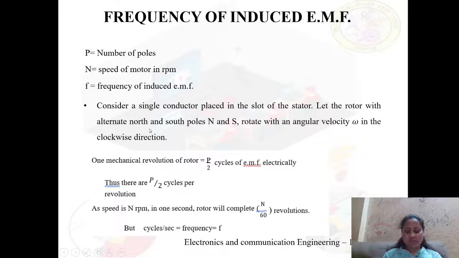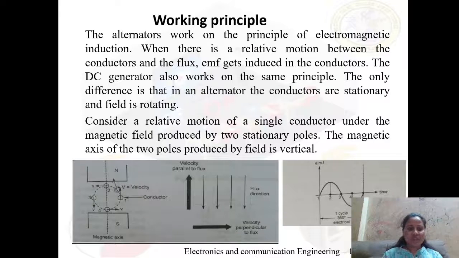Okay, now let us consider a conductor, let us assume the conductors are placed in the magnetic field, and let us see the different positions of the conductor. So in this figure 1, the conductor at position 1